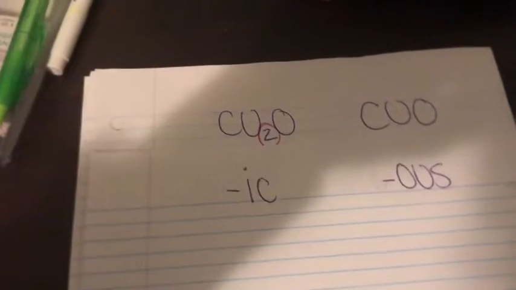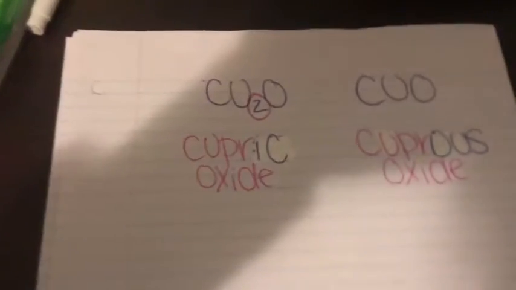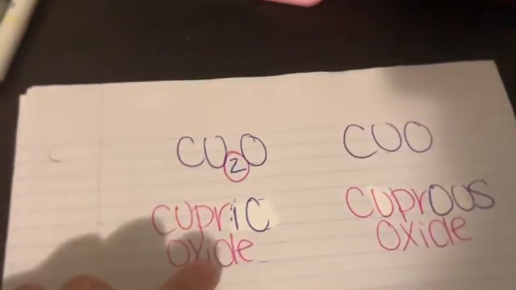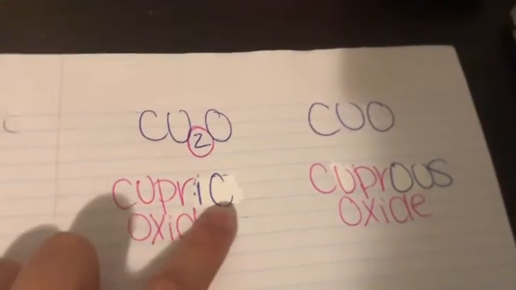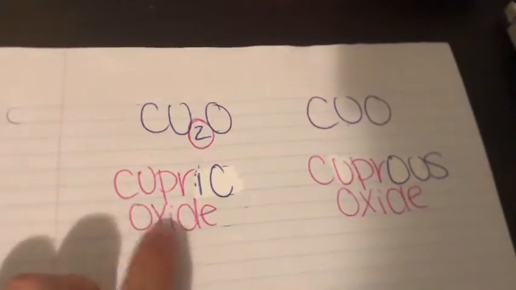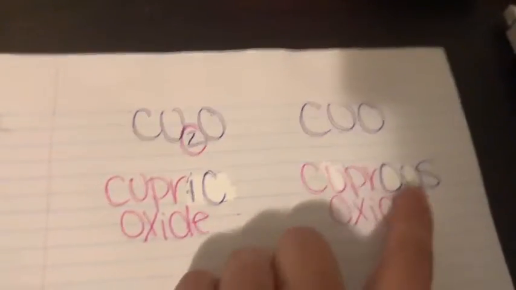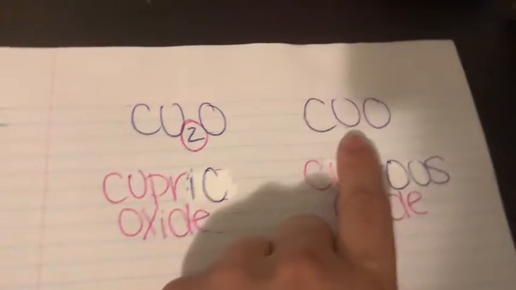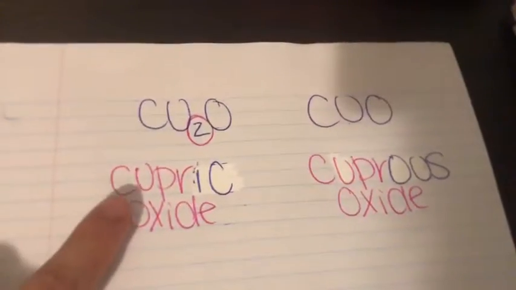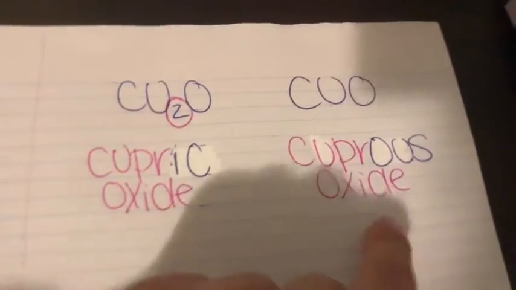So, if we pull down here and we notice that this is the higher charge, so it's going to end in "ic," cupric oxide. This stays the same, but only the transition metal changes. So it's going to be cuprous because it's 1 less than this compound here, but it's going to stay the